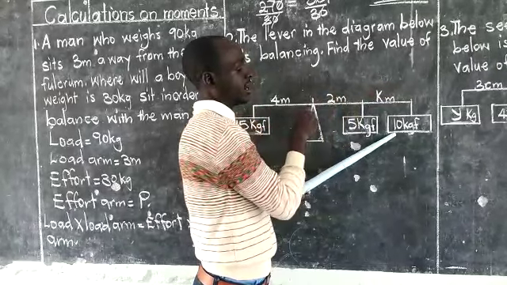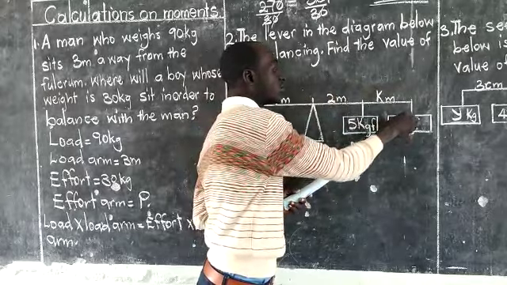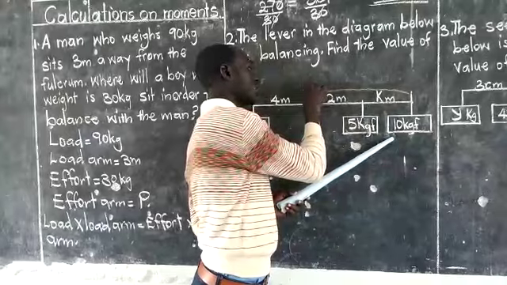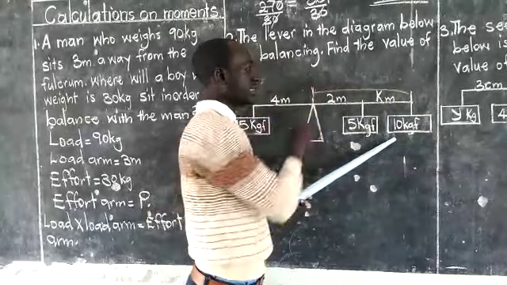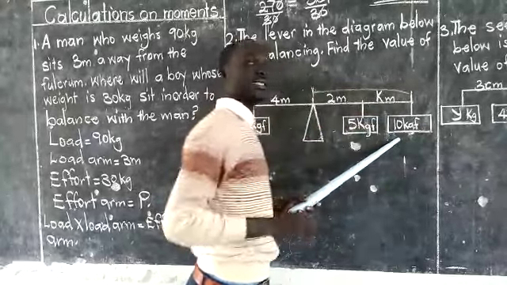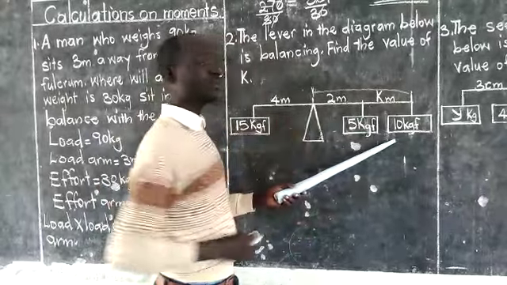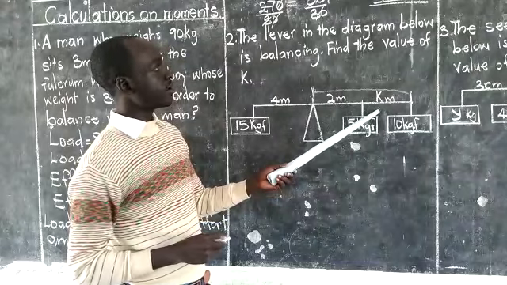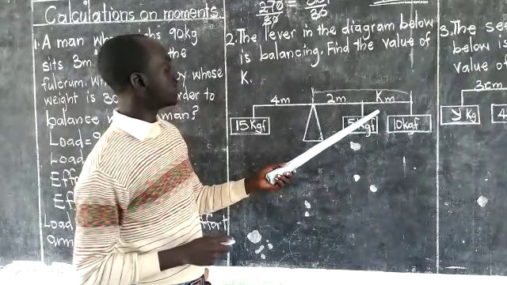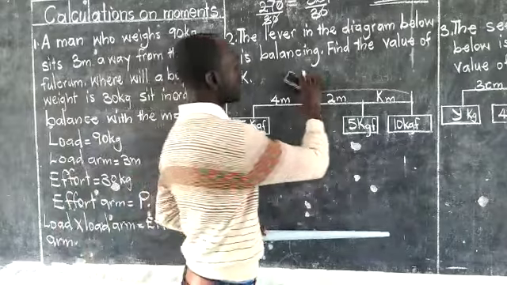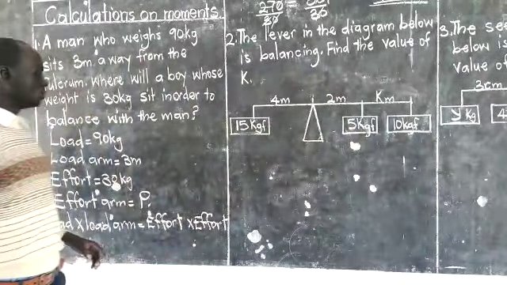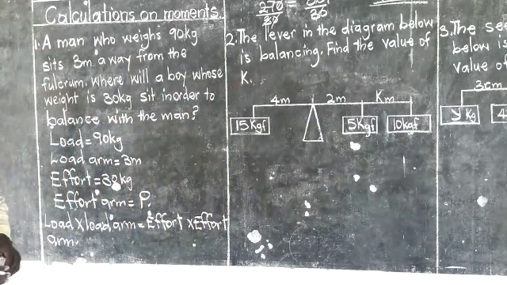Meaning the arm for this 10 kilograms force starts from here up to the pivot, the turning point. This one is for the 10 kilograms force, so it has been divided into 2. The other one is 2 meters and the other one is K meters, which we are going to find out. Therefore, in order to find the value of K, we are also going to use the principle of moments,